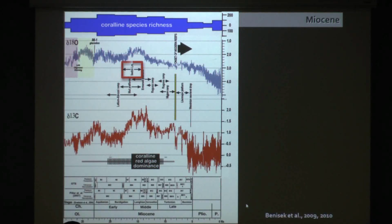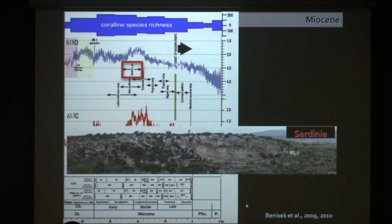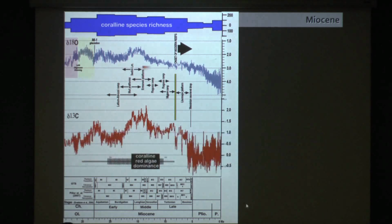And so the coral algae seem to have been really dominant in the Miocene. I am somewhat suspicious about this bottleneck. Is it a focus on research, or is that a real bottleneck? But we see